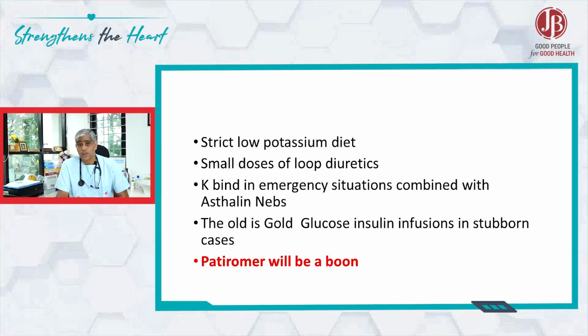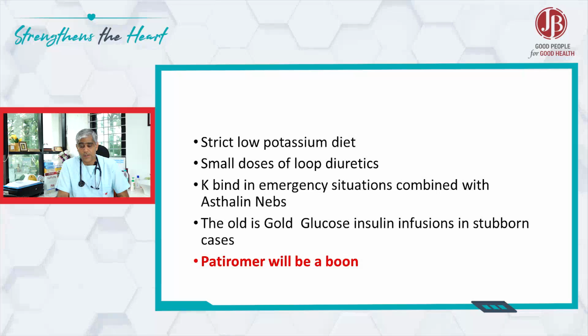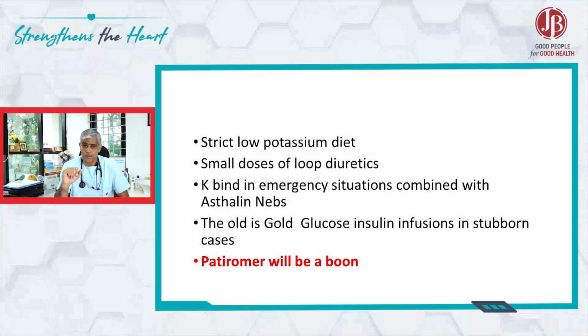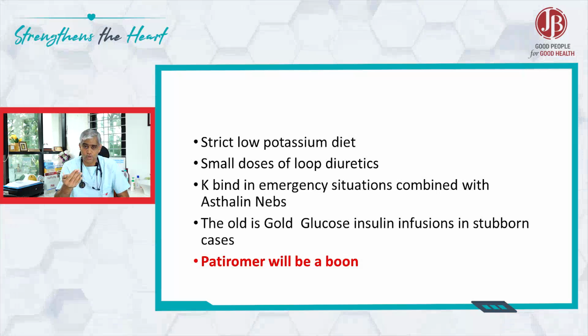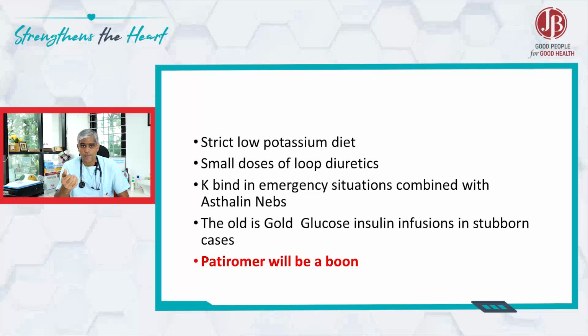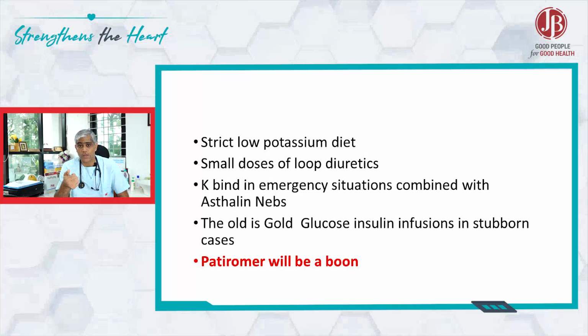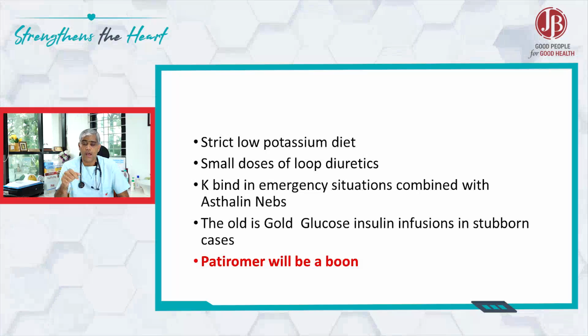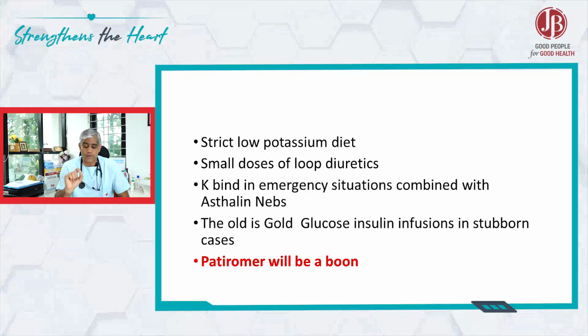Then on a chronic basis, if the patient is more prone, in that case a strictly low potassium diet, that is no tea, coffee, fruit juice, coconut water, banana. Then concomitant issues: maybe we have to check for interactions with beta blockers, and heparin causing an interaction. So all these things have to be managed in an appropriate manner, and continue low dose diuretics so that